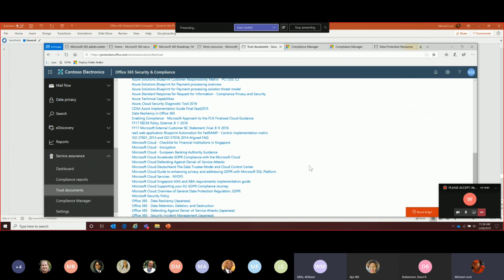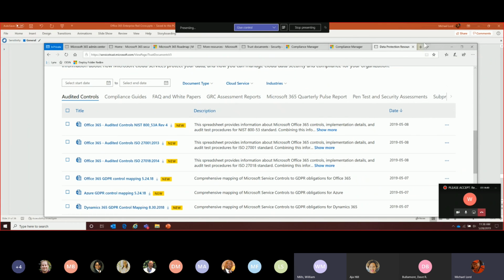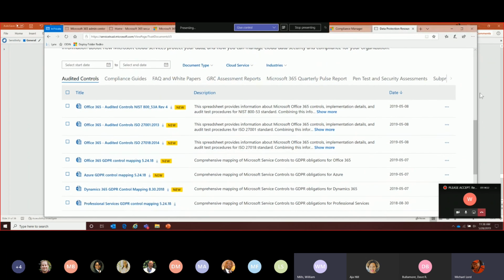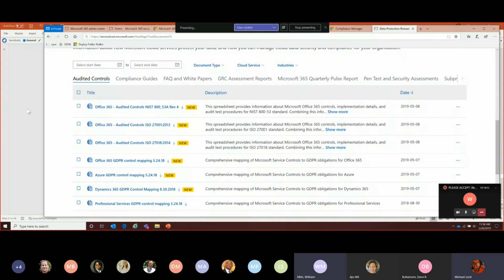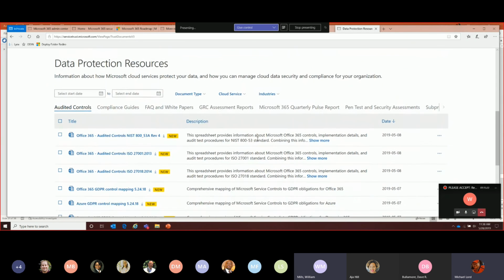I could see our ISO 27001 information. I could see our audited controls. I could see NIST. So we have broken that out in our security and trust portal so that it's not specific to an Office 365 interaction, but it's actually at servicetrust.microsoft.com, where you can see all of these documents. And that gets around our audited controls, our 3PAO assessments, our compliance guides, white papers, everything you could want from a security and compliance perspective in terms of controls, in terms of what's going on within the system. All of that proof in the pudding is within this platform.